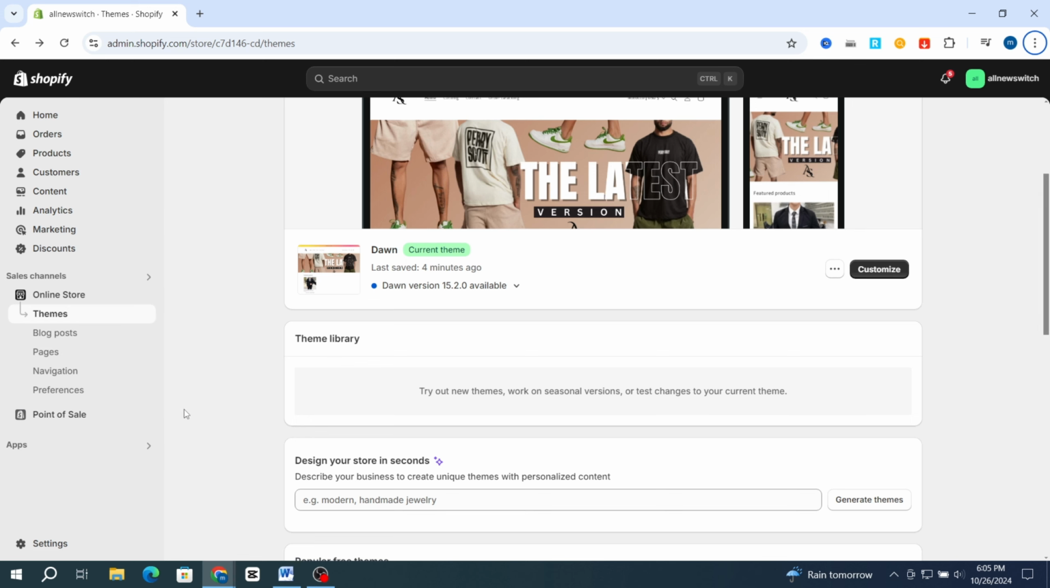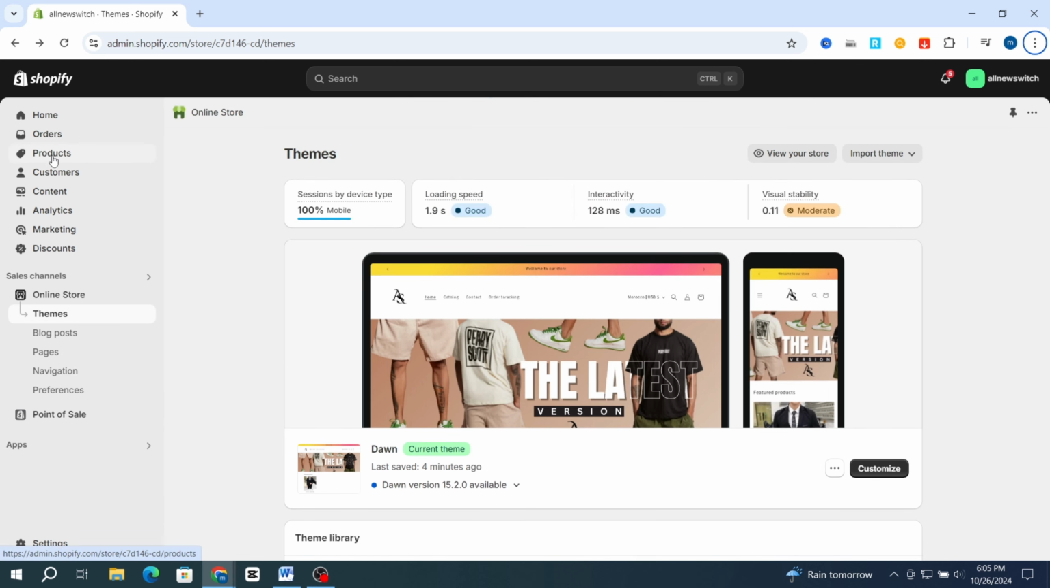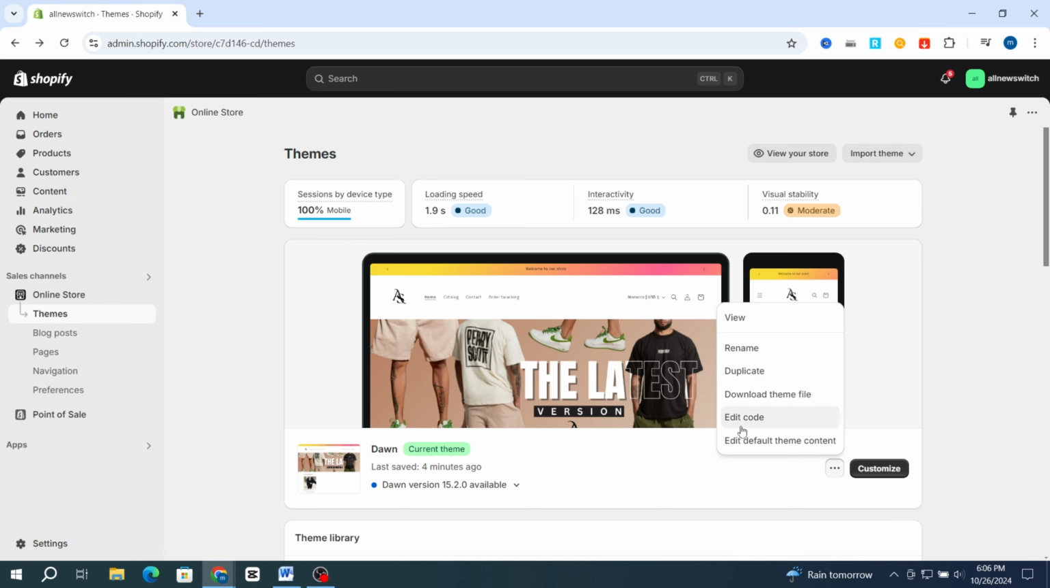Then guys, go directly and make sure to add the product to your Shopify store, because you will not be able to resize and customize the product picture without adding the product in your Shopify store. Then after adding the product, just go back and hit on Shopify store. Then open your Shopify dashboard, then open the online store, then go directly and hit on customize. Sorry guys, don't hit on customize, make sure to hit on these three dots and go directly to